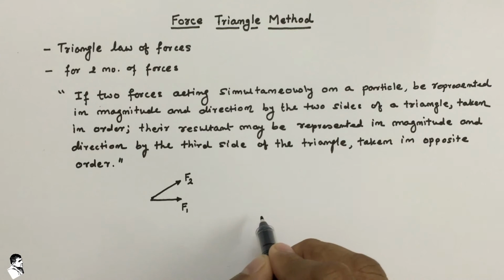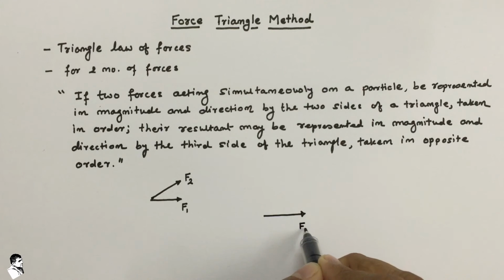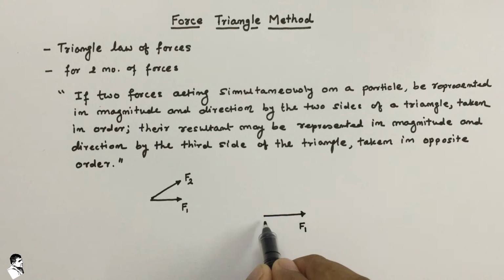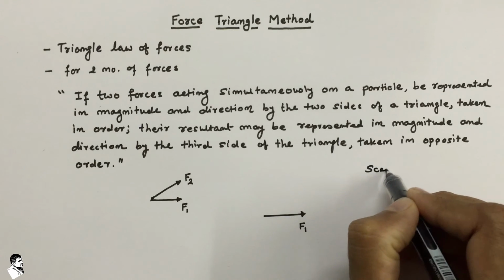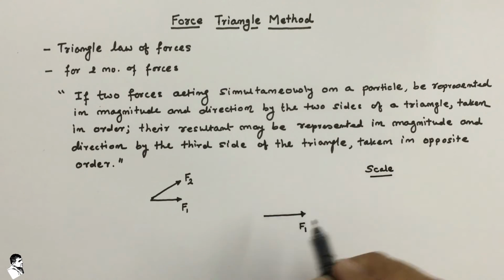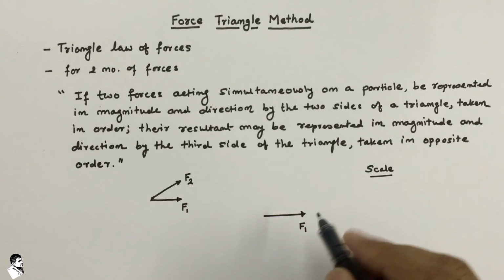That means we take a force F1 in this particular direction with its proper magnitude, so we require to take a scale first, and according to that scale we have to draw graphically and in order. So F1 is this,